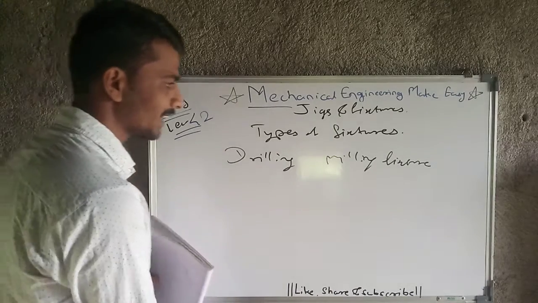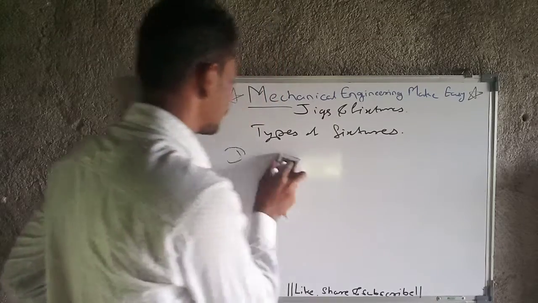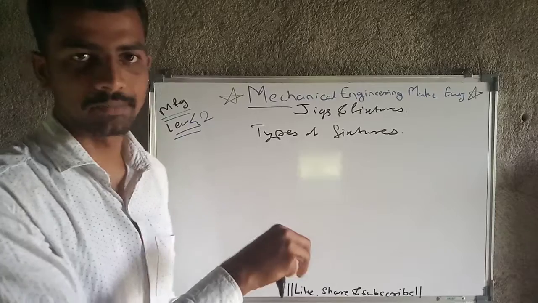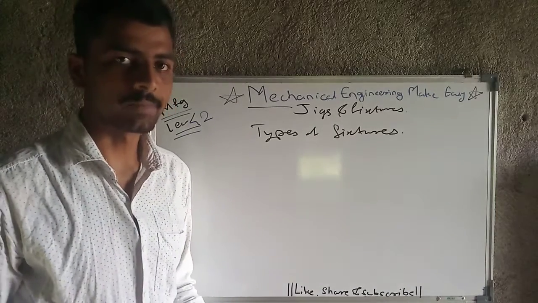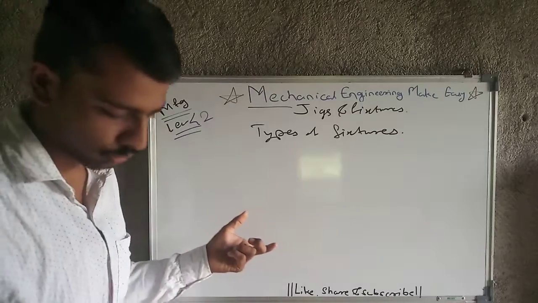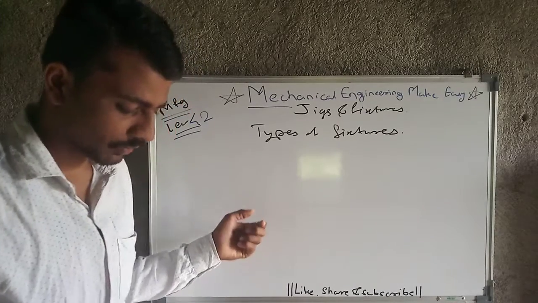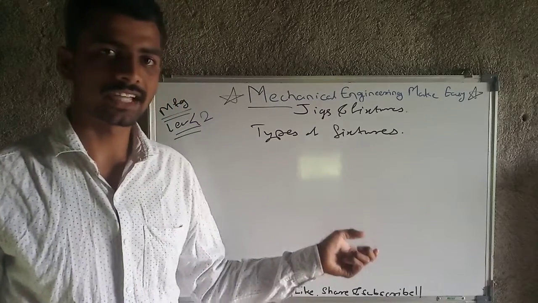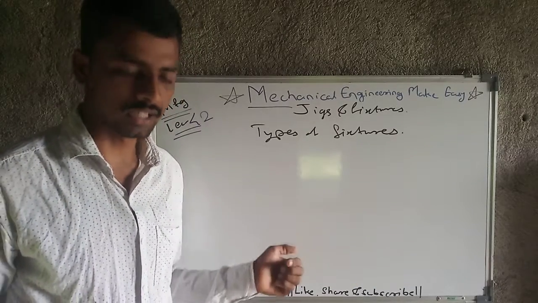And again in that also there are some different types, likewise we have seen in the case of jigs, like plate type jigs, etc. Likewise here are also some types, some popular types we will look at, like the turning fixture. That means the fixture is designed for turning operation, that is nothing but the turning fixture.